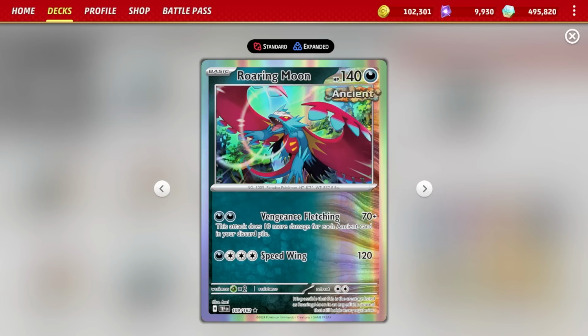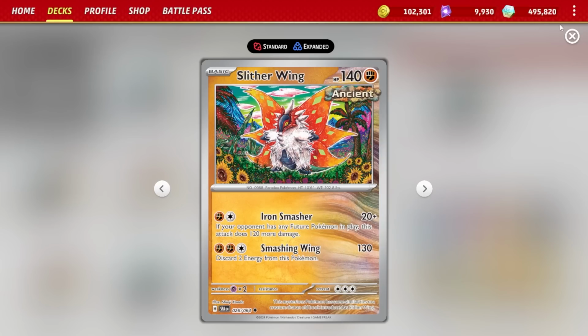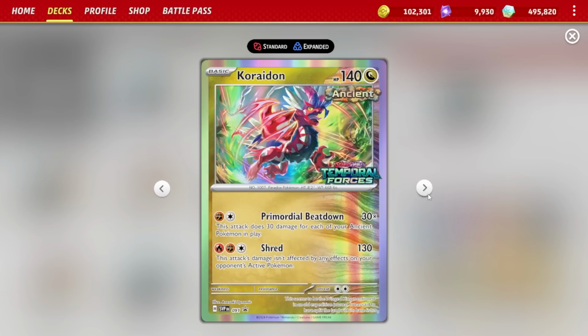I think I have found my new favorite deck to play in the standard format, and of course, it includes Roaring Moon. Heck, it even has Slither Wing in the deck. Look at that, the brand new Slither Wing even ends up being good in this deck. And to top it off, it even has Koraidon. Yes, Ancient Box is one of my favorite decks to play right now, and I think it's actually pretty well